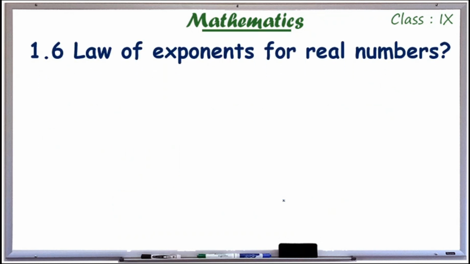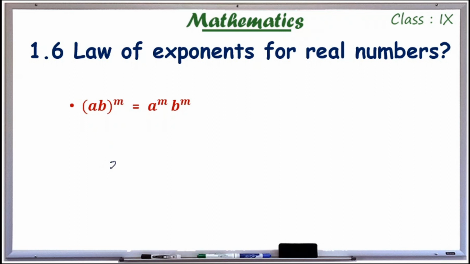Now we are going through some basics. Law of exponents. This is also some of the basics. As we said earlier, ab all raised to m is equal to a raised to m into b raised to m. So you can check. So the law of exponents must be thorough. I am repeating, the law of exponents. All the equations in this chapter are very important. All the basic equations. So these are all important things. So ab all raised to m is equal to a raised to m into b raised to m.